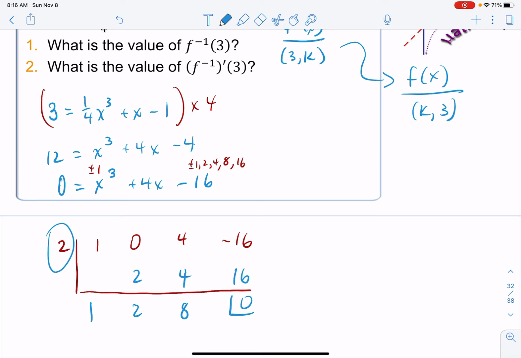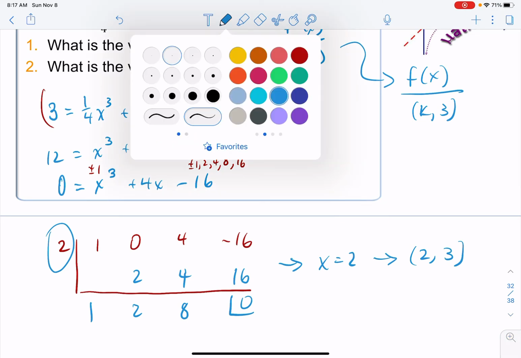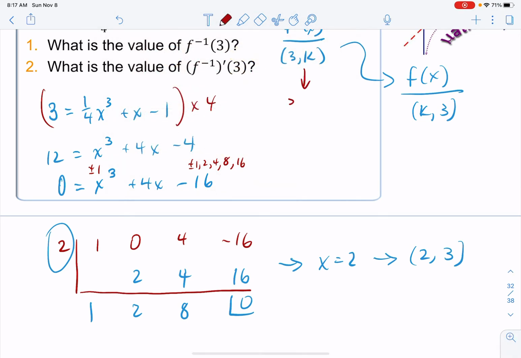I just have my x value here as 2. x equals 2. In other words, my point here is 2 comma 3 on the original one, which means on the inverse, back up here, this is 3 comma 2, which means